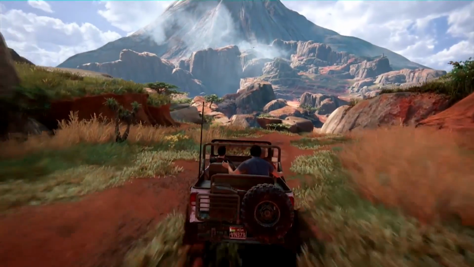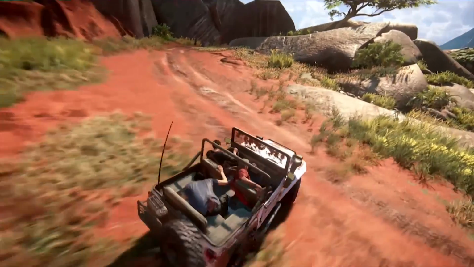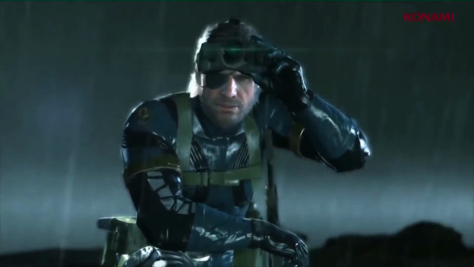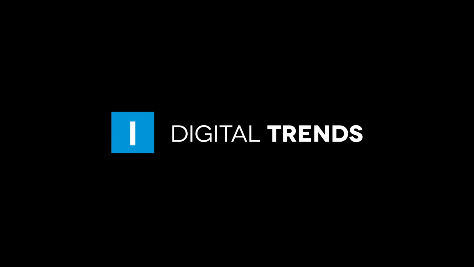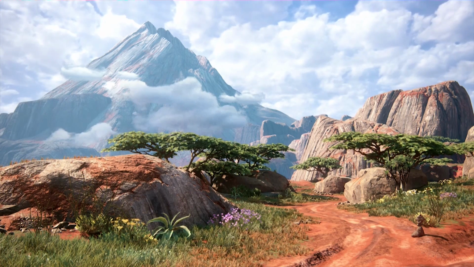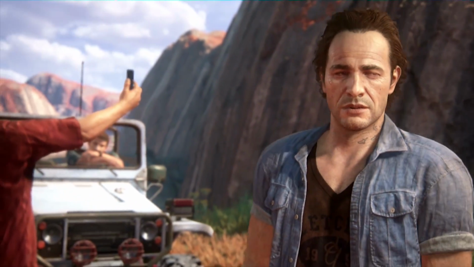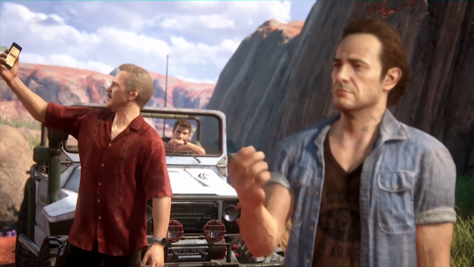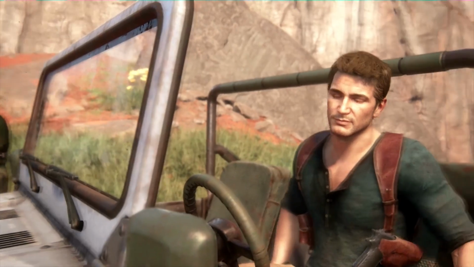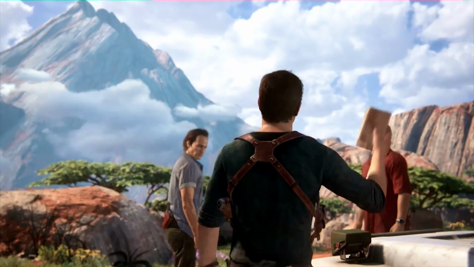Uncharted 4 has seen some major delays over its development life, and it seems that developer Naughty Dog has used that extra time to play a few other games. This is Digital Trends contributor Phil Hornshaw, and I recently got a chance to try a few minutes of Uncharted at a preview event in Los Angeles. The most striking thing about the 30-minute demo: how much it seems Uncharted is borrowing from its action-adventure competition. But given that the series is going into its final installment and is nearly 10 years old, that's actually a